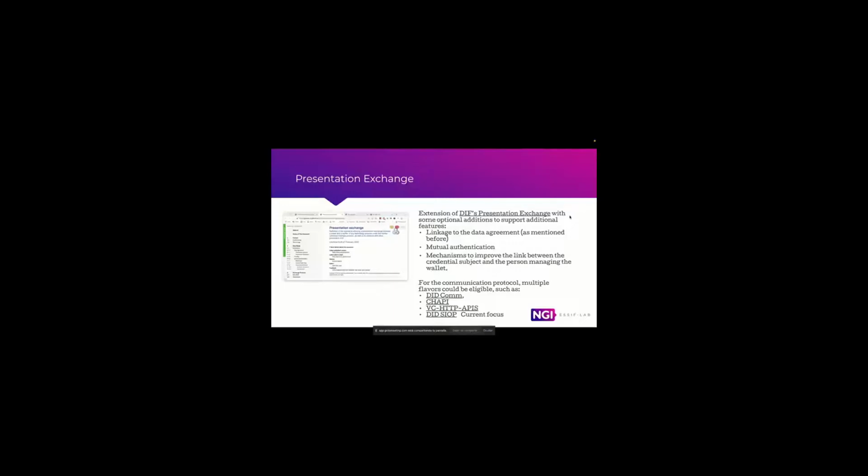We also included additional capabilities that we consider could be useful on the presentation exchange. Apart from the data agreement, we proposed signatures of the presentation definitions in order to enforce mutual authentication, which could be very interesting if you consider that most people may use QRs to connect from browsers to mobile wallets.